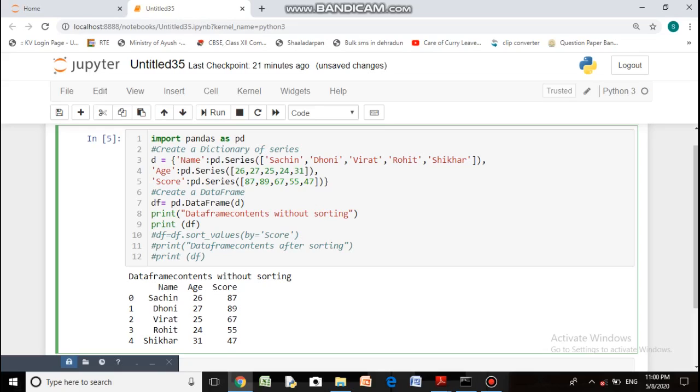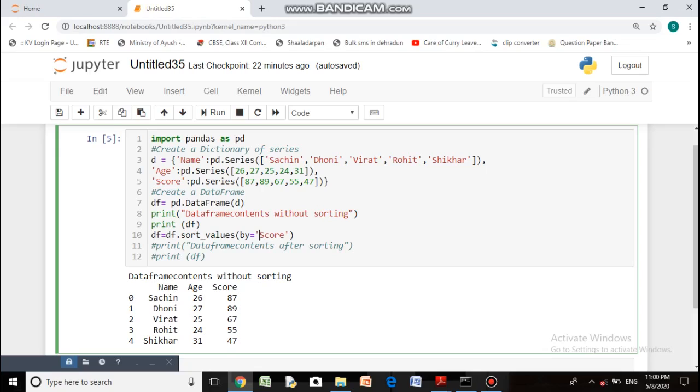Now we have to sort it. So for sorting, we will be using sort underscore values function. So this is the function which is used for arranging the elements in ascending or descending order. And we want to arrange the contents in the order of score, in the ascending order of score. So the minimum score will come on top.